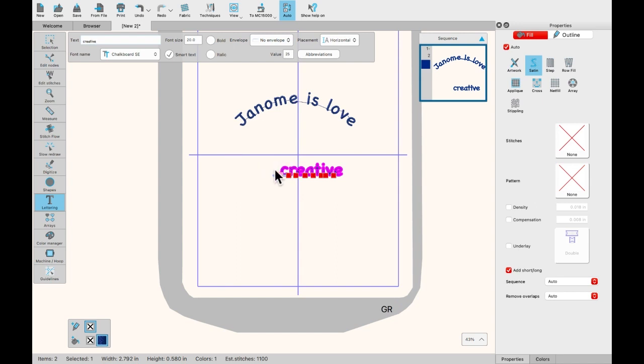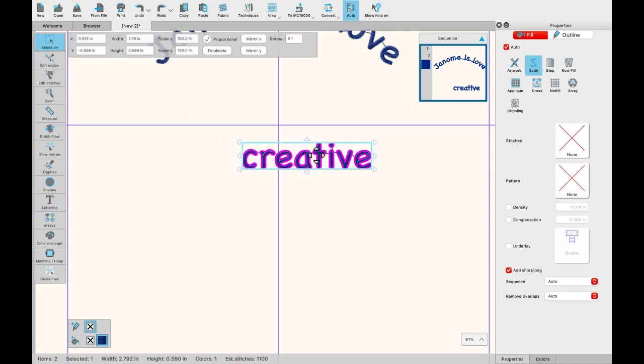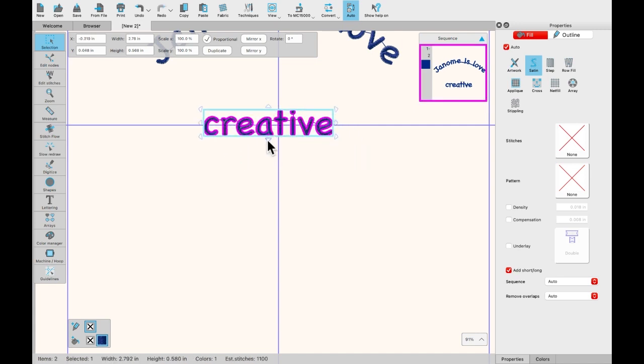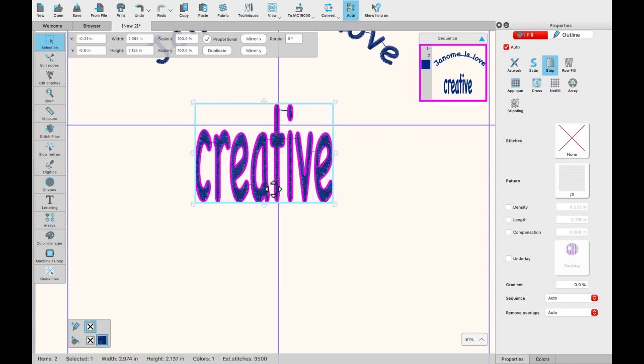Now, my little hand here, when I click on here, will move an individual letter. So if I wanted to move those together, I'm just going to hit undo. Whoops, let's undo that one. Let me get in here a little closer. You can select it this way and move them that way. So you have your little box. You can resize them here too. These are your little resizing arrows. Or if you wanted to rotate this, you can click on it again. See how I have the little rotate? And I could rotate